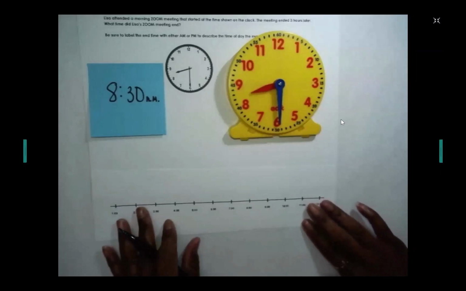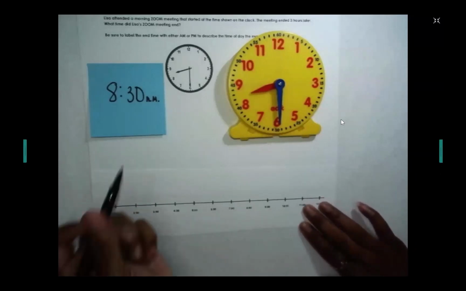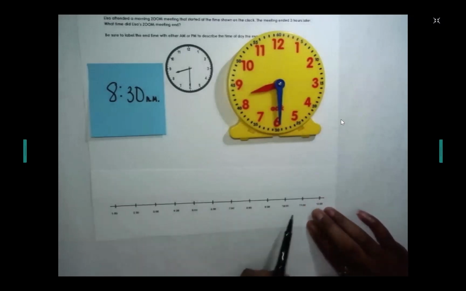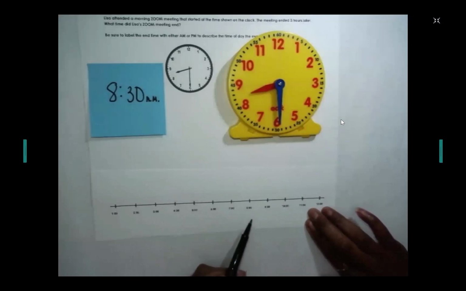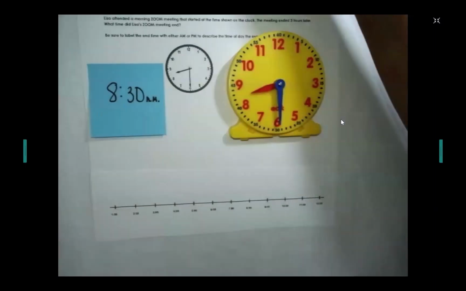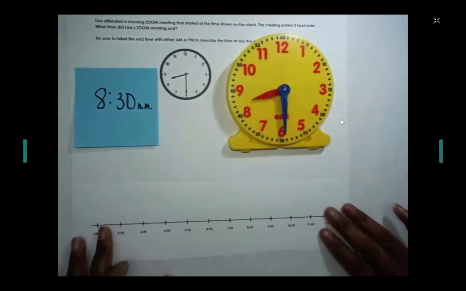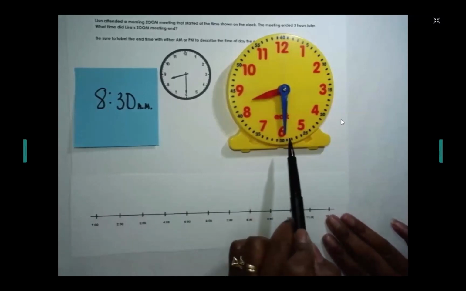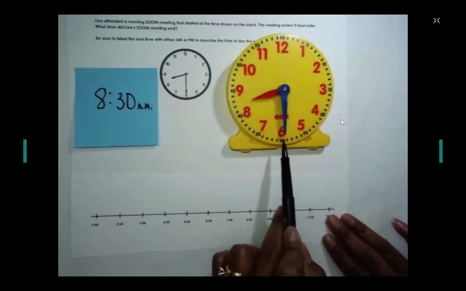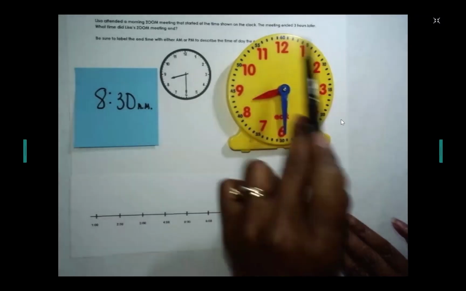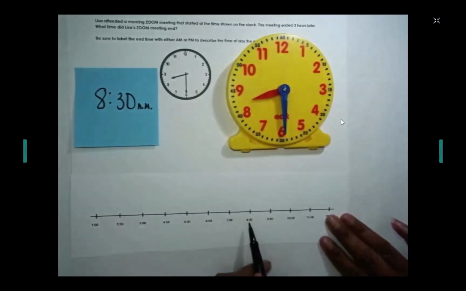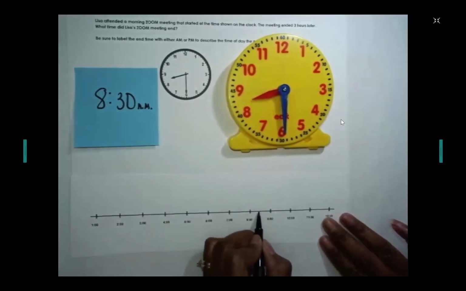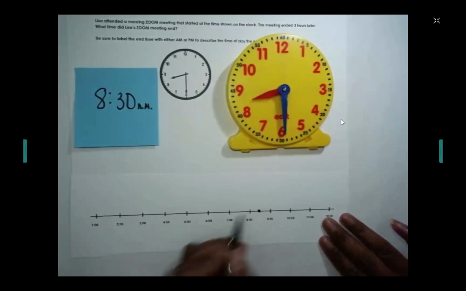Again, I want to show the start time on my number line. I know that the start time is 8:30, and I have my timeline here to help me to show where 8:30 is. Let me pull it in a little closer so you can see. I know I have 8 o'clock here, but the time that the meeting started is 8:30, which is about halfway around. For the minute hand, before it goes a full hour, it goes about halfway around. So I know that my 8:30 is about halfway between 8 and 9 o'clock. So I'm going to place my dot here. And this is